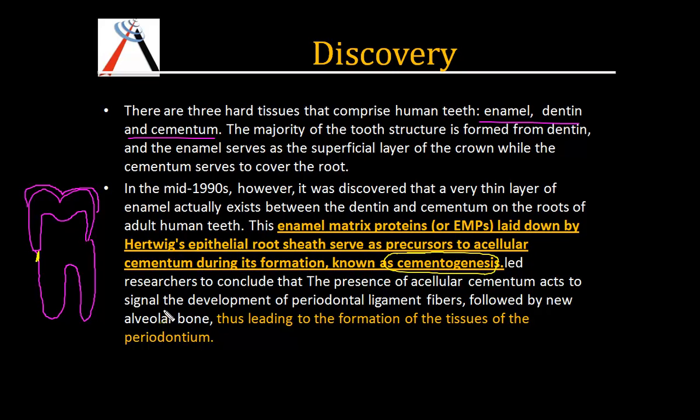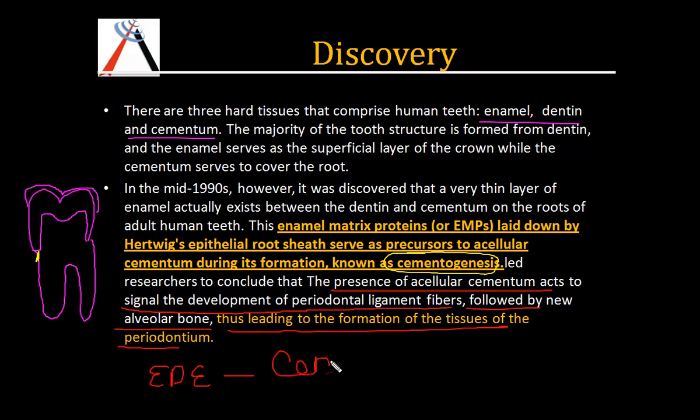And this led the researchers to conclude that the presence of acellular cementum acts to signal the development of periodontal ligament fibers followed by the new alveolar bone, thus leading to the formation of the tissues of the periodontium. So this enamel derived extract, which helps in the formation of cementum, can also lead to the formation of tissues of periodontium